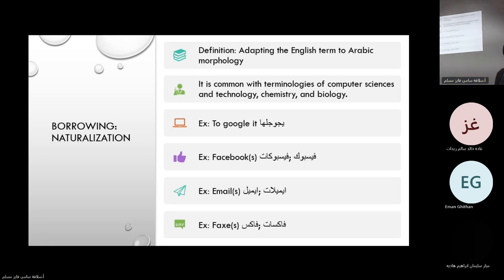I mean the rules of the Arabic language, the grammatical rules of the Arabic language. It is common with terminologies of computer sciences and technology, chemistry, biology, and all these disciplines. Okay, for example, when we say to Google it, we say go Google-ha. Okay,